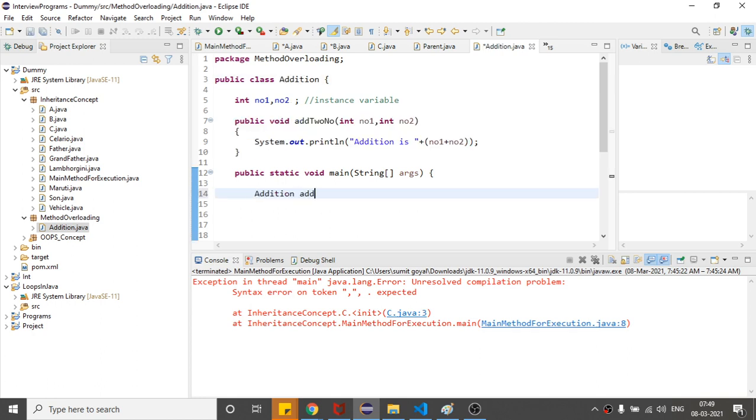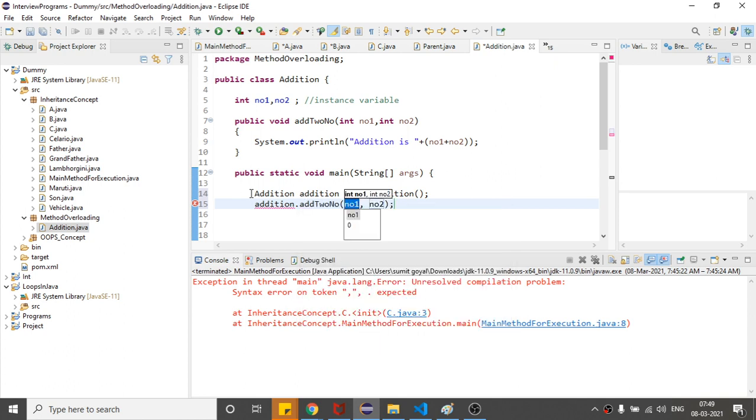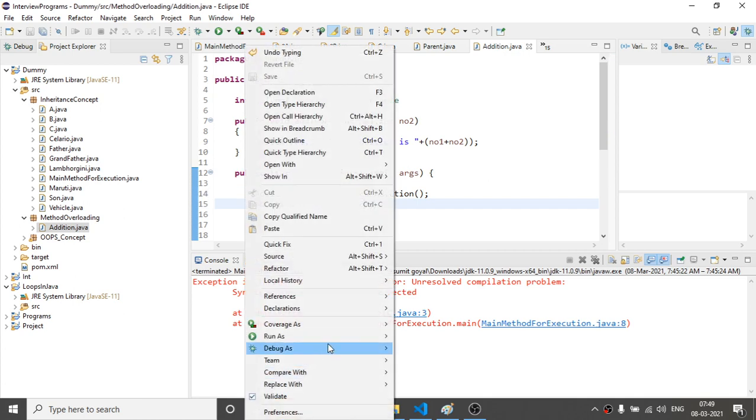So addition equals new addition, and I can call the method with the help of the object name. So if I say 5 and 6, and I run this program, let us see what is the output.